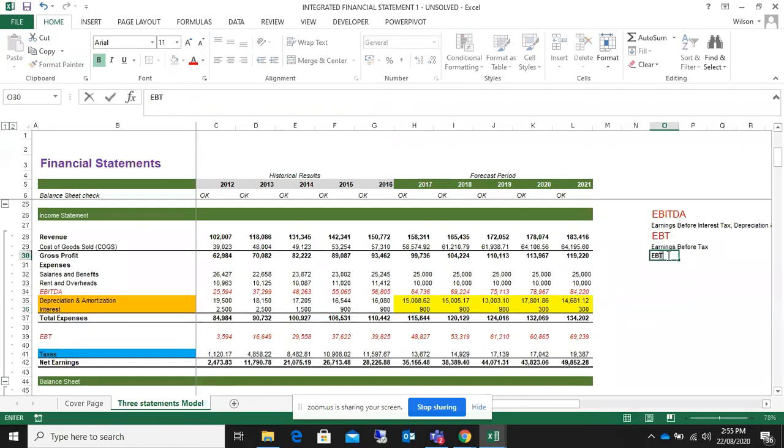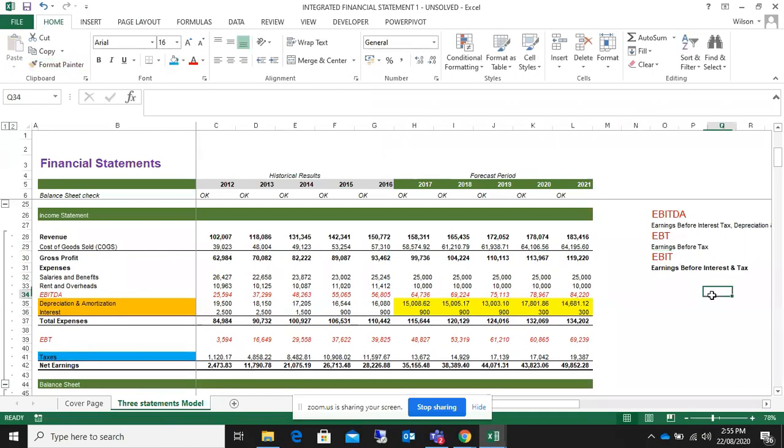So EBIT is earnings before interest and tax. So this is EBIT. EBIT is earnings before interest and tax. So it's very important that you know all this. So our EBIT,